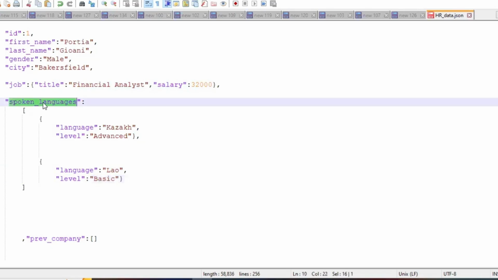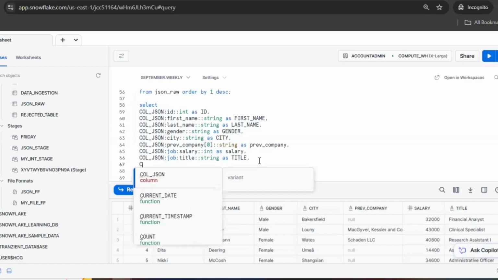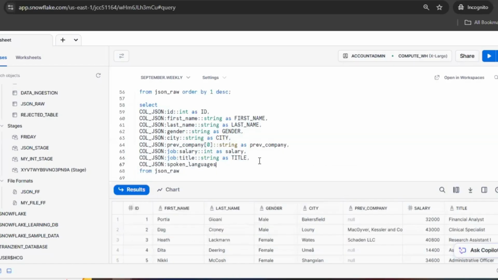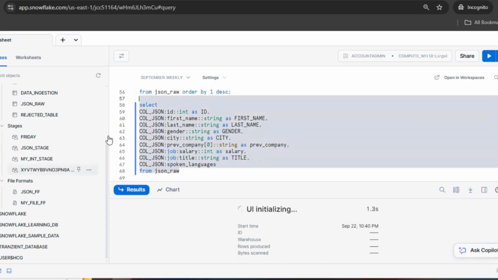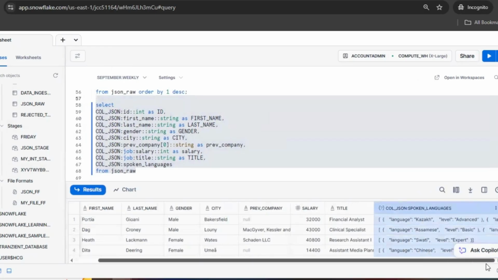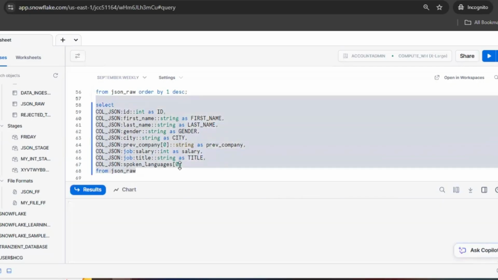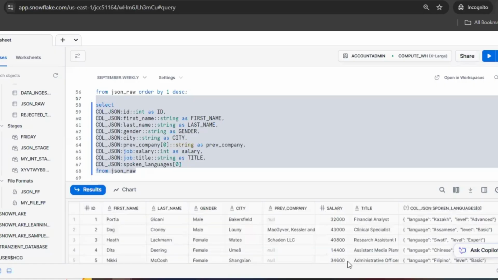So let's first see how the data in this column looks like. So let's just copy this. So we can see this is how the data in this looks like. Okay. So now what will we say? We will say in the column JSON, which has a column spoken languages, first give me the first record, that is index 0. If I do that, it will give me the